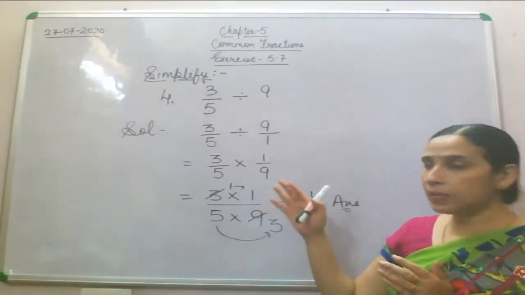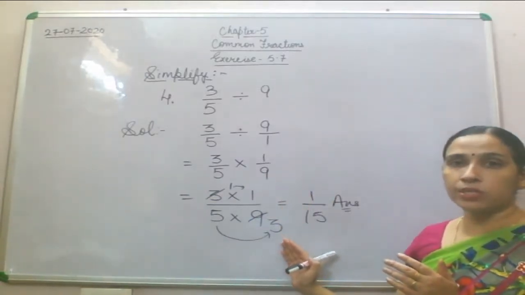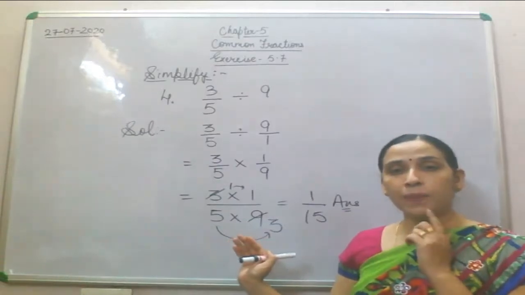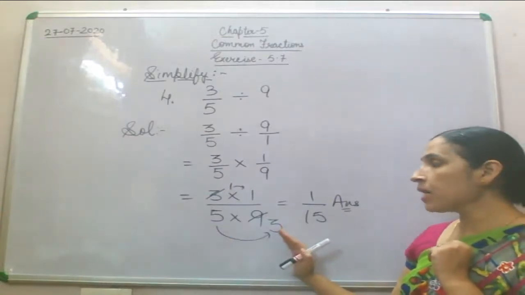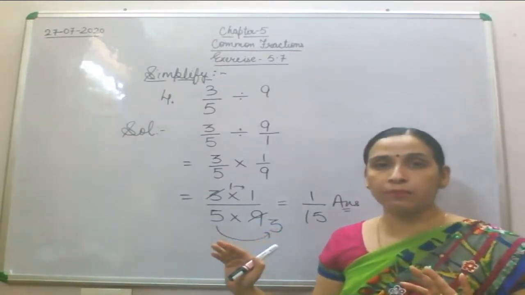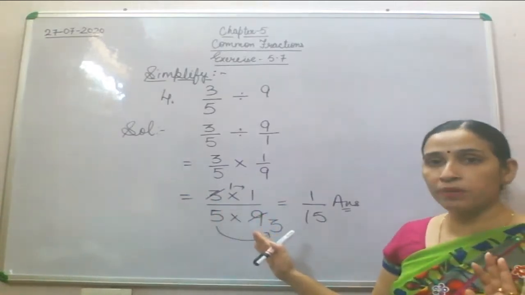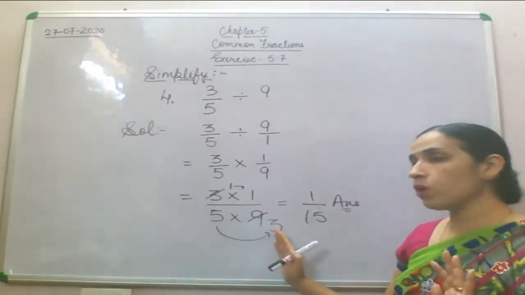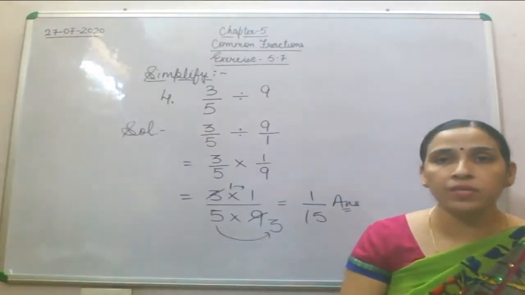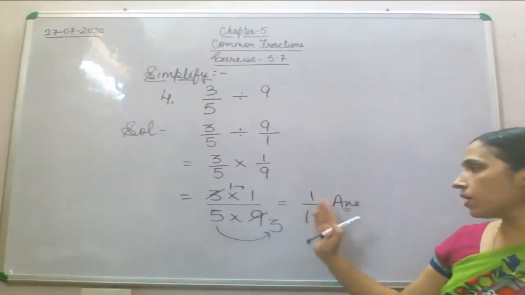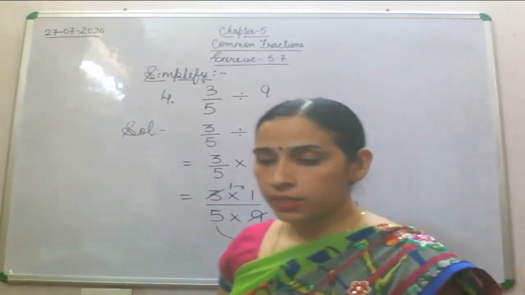Now numerator will multiply by numerator. Now this solution is the same as your multiplication question. What we were doing was multiplying the numerator by the numerator and the denominator by the denominator. And if you find any common factor among them, like in this you can see that 3 and 9 have 3 as a common factor, you reduce it by the table of 3, and then whatever numerator or denominator is left, you multiply it. 1 ones are 1 and 5 threes are 15. 1 by 15. Fine? Got it?